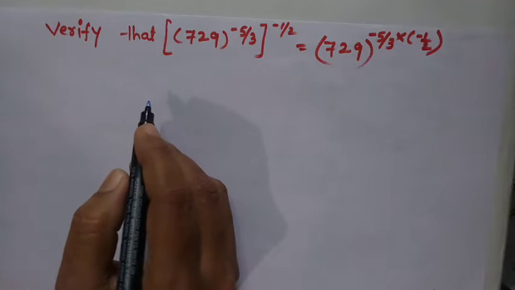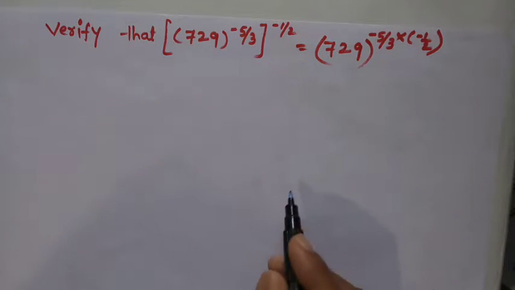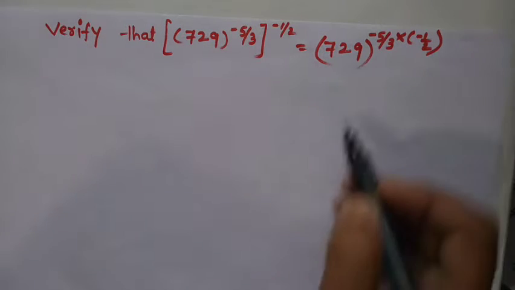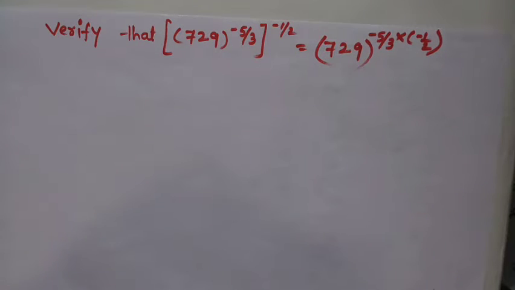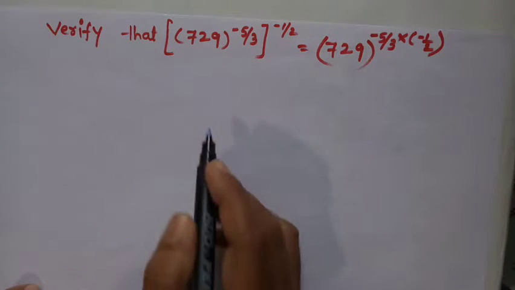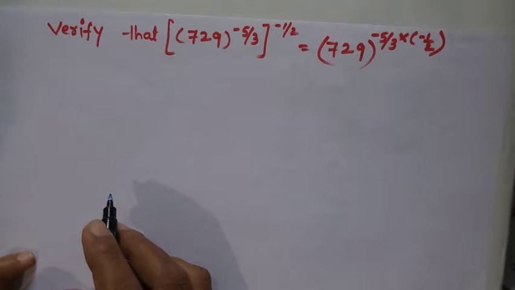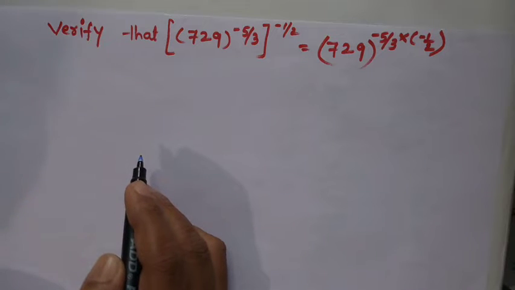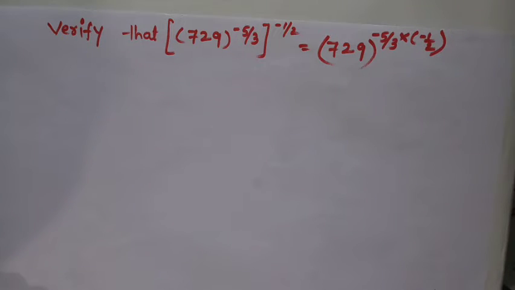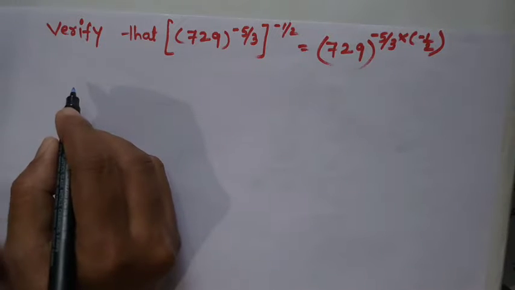Verification must always be done in two parts. You shouldn't start with this part on this side and this part on that side with an equal sign in between. Equal to should not be used for both LHS and RHS together. You should do LHS first, then RHS, and then compare LHS and RHS. If LHS and RHS are equal, then you can say that you have verified, and if LHS is not equal to RHS, then it is not verified. Okay. So let us start with LHS.